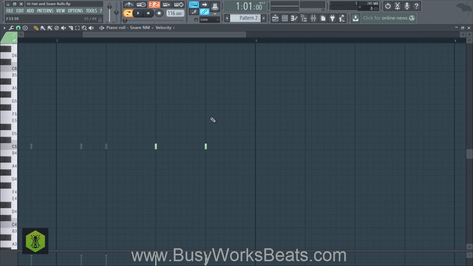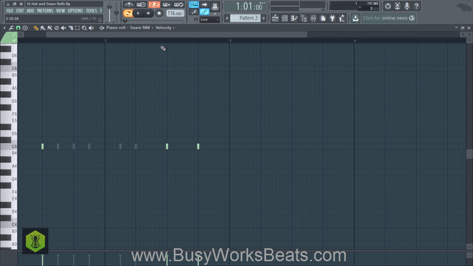What I'm going to do now is figure out the rhythm of my snare roll at the end. Do I want a triplet rhythm? I'll show you that in a second. Do I want a fast rhythm? Do I want a t-t-t-t-t, or do I want t-t-t-t-t-t? Those are the three different patterns. I know that's very informal.